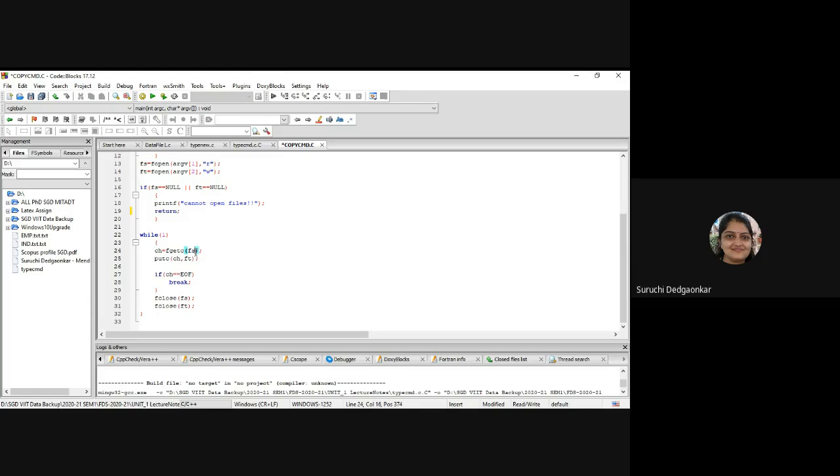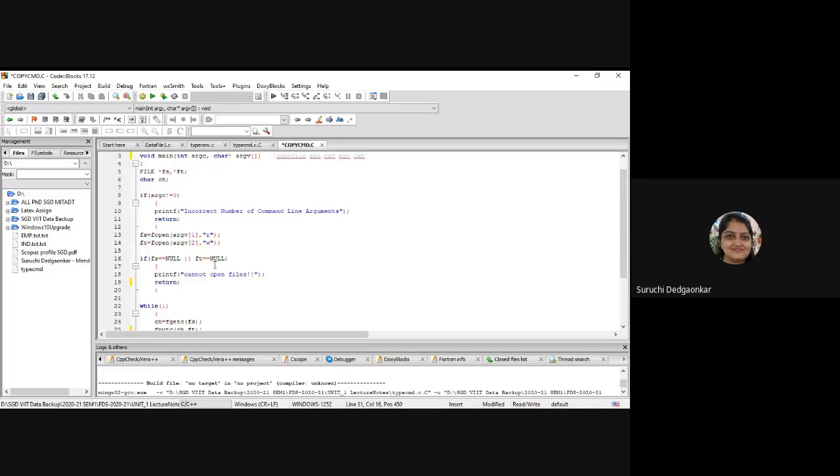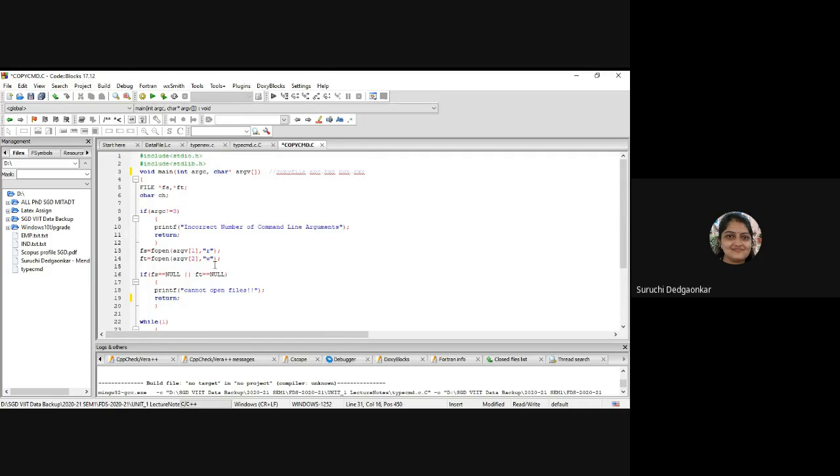Read one character from it and put ch in the destination file. So we are writing in ft, reading from fs, and writing in ft, and we are checking for end of file. Okay, so we are copying, but with command line arguments.